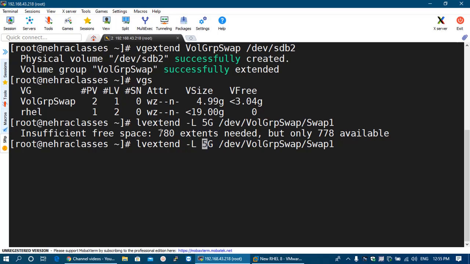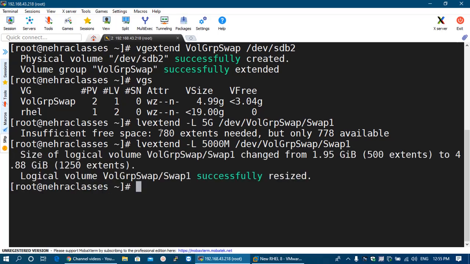It is saying that 780 extents are needed and 778 are available, meaning we have to reduce the size a little. So we have extended the logical volume here.